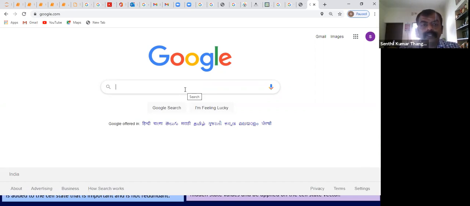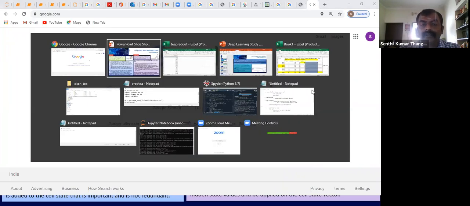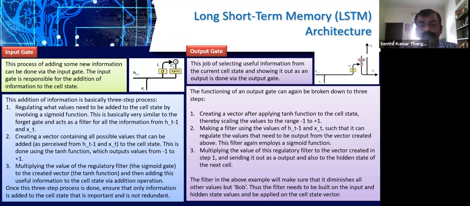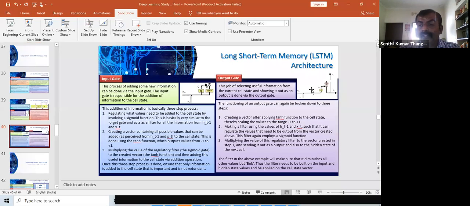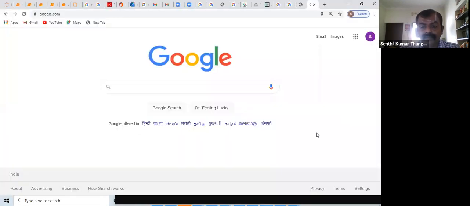Let me ask the people who are listening to the session here: if I have video data which is captured from cameras on the road, what all can you detect? Can you put it in the chat box, please? If I have video data which is captured from cameras, what can you detect? Can you put it in the chat box, please? Participants?